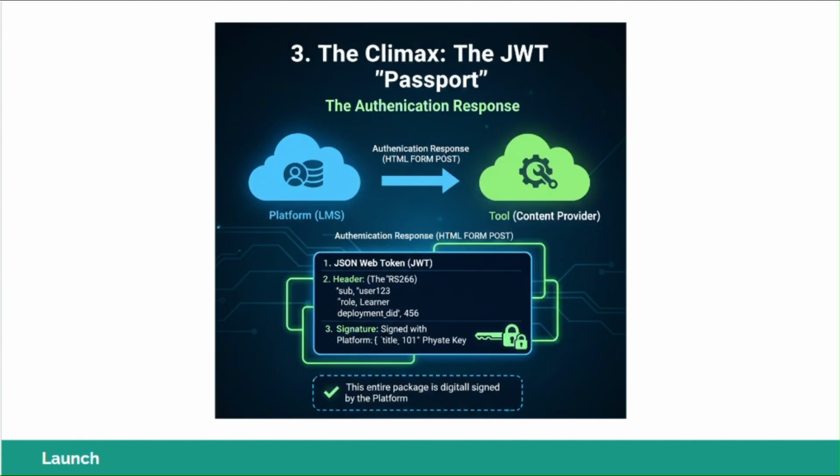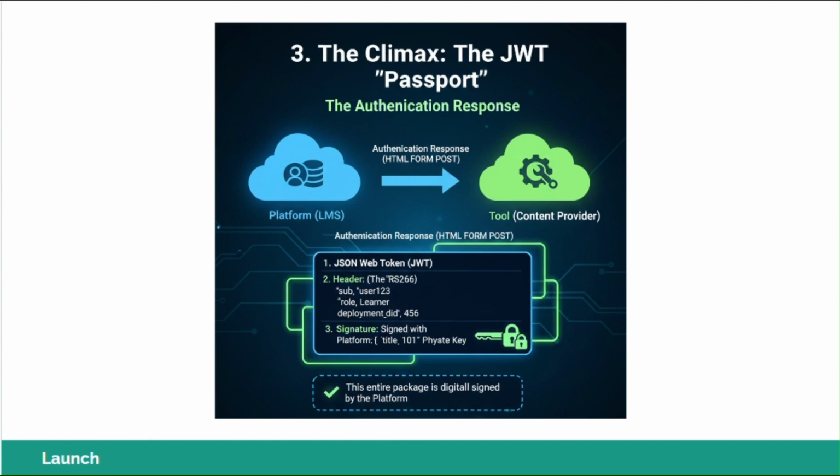Now we have reached the main event, the authentication response. The platform verifies the user is logged in, then creates a JWT, a JSON Web Token. This is the passport we have been talking about. It's a string of text that looks like gibberish, but actually it's a digitally signed envelope containing three parts: